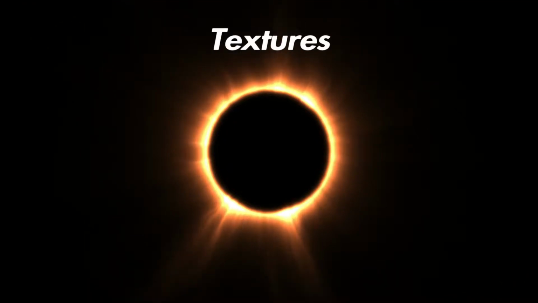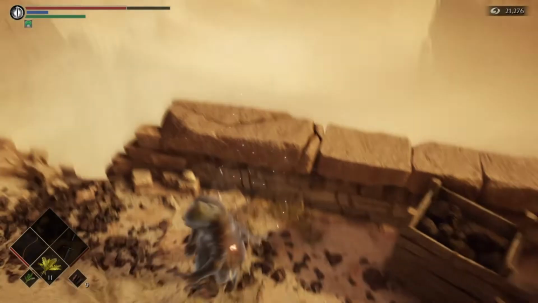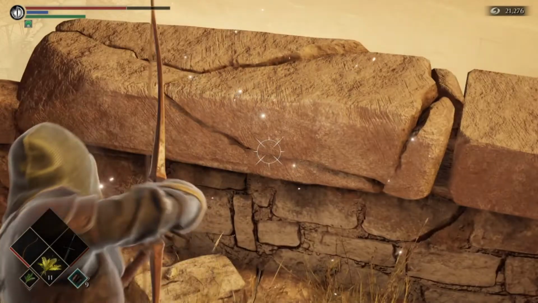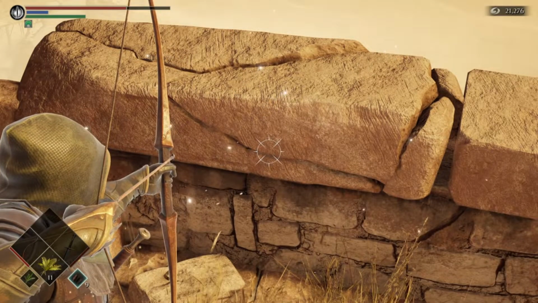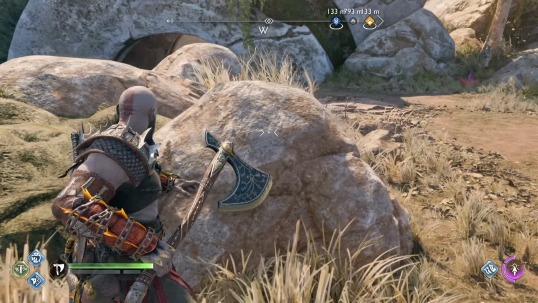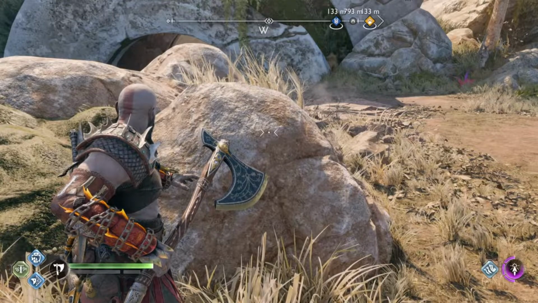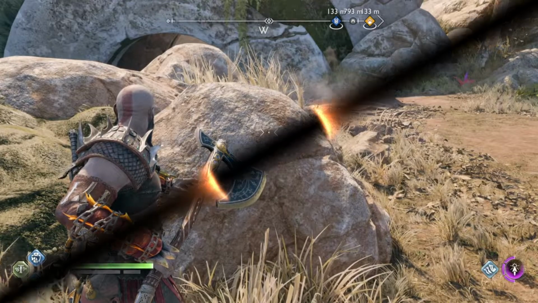Another thing too, with both of these games, you get the texture situation going on. The textures in Demon Souls is high. I will say that. It's very, very high. They got other little effects too, like parallax occlusion mapping. But then you look at this too. That's super, super detailed. And this is supposed to be a cross-generation game.